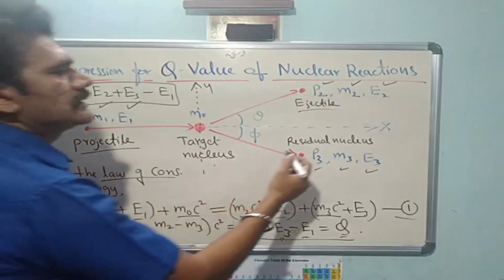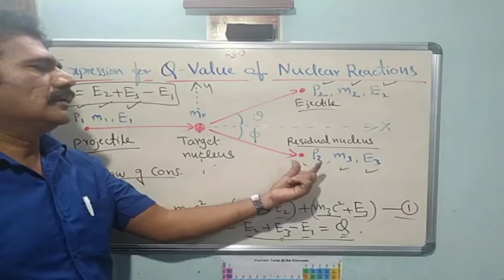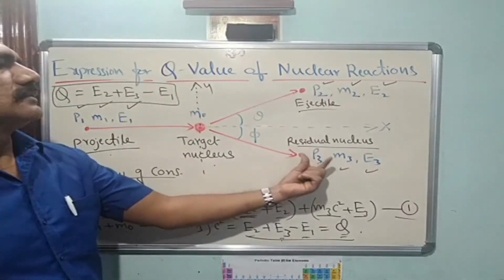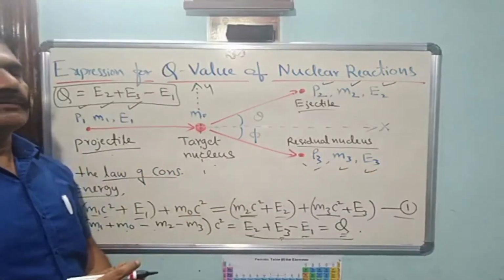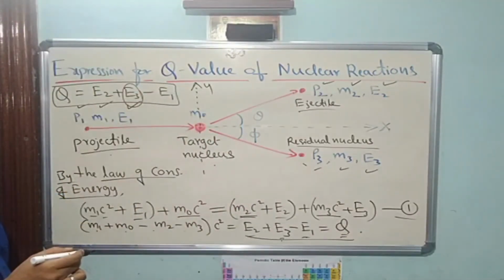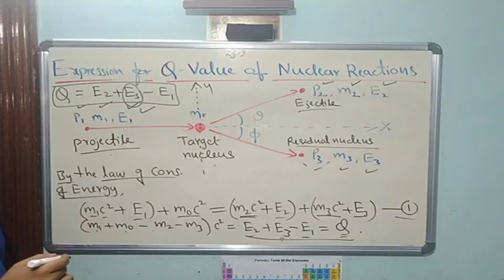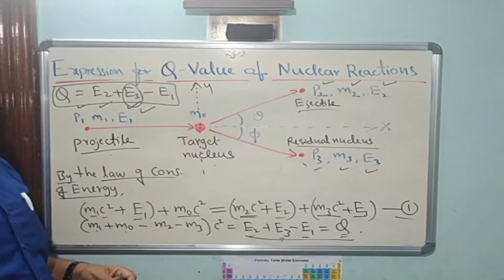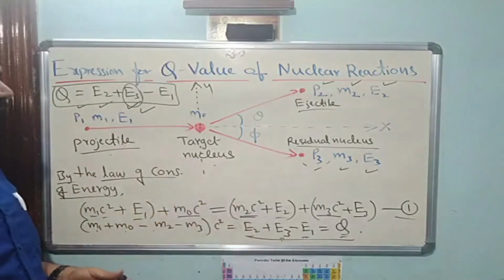But what about E3? E3 is the residual nucleus energy. As this energy is very small, the residual nucleus does not have that much kinetic energy, so calculating E3 is very difficult for us. So what you have to do is eliminate E3 from the equation. Let us see how to eliminate the value of E3 based on the conservation of linear momentum, which you know also applies in the nuclear reaction. Based on that concept, we can consider the expression for E3 and make a substitution here. That is the next part of the derivation.